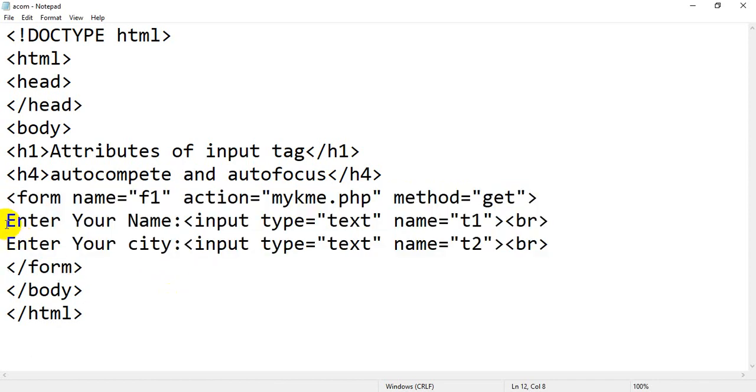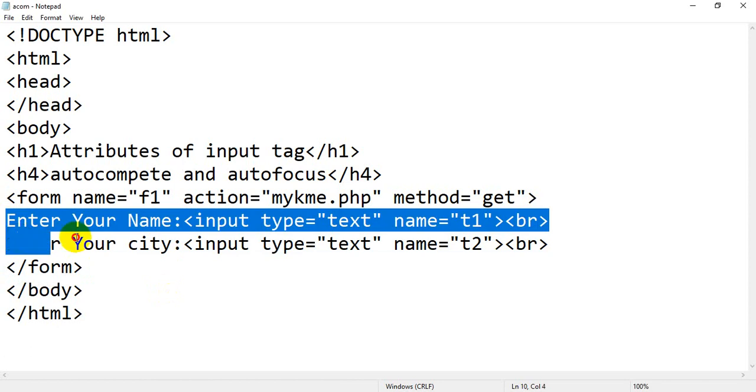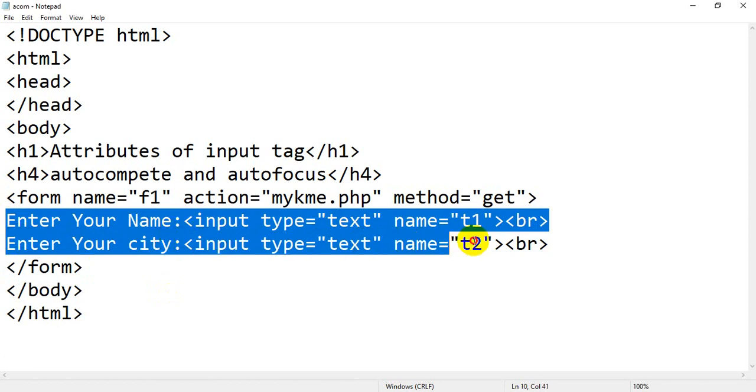After that I have written these two lines, that is, enter your name and enter your city. In this I have used input type equal to text and one attribute, that is name, and I have assigned T1 and again for the second text box, name equal to T2. This means the output of these two lines is expected. So just save the code and see the change in your output.